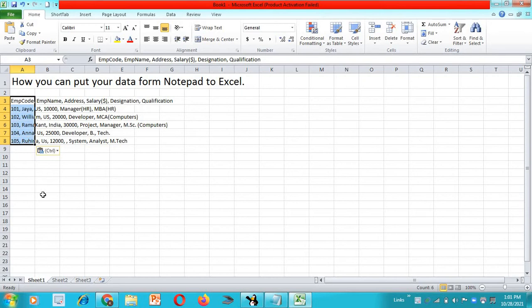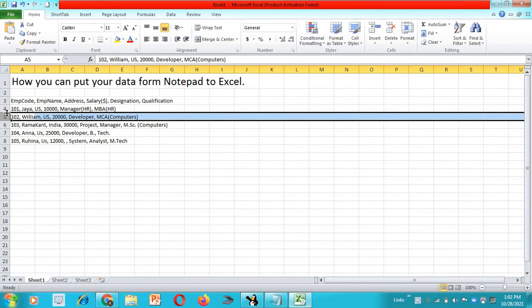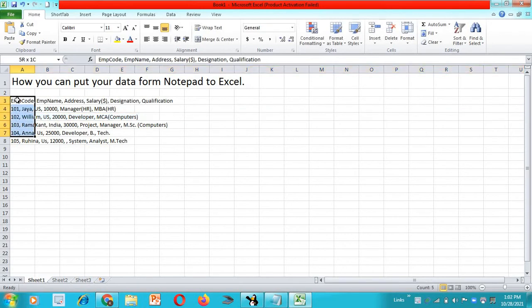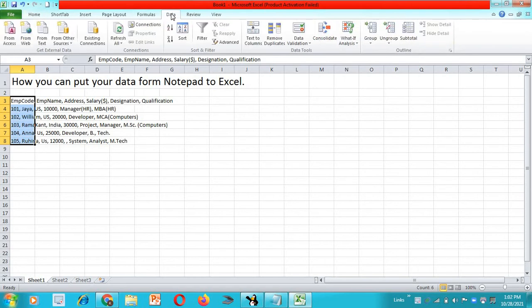We don't want this type of data. We don't want all the separators and all the spaces that were in our original file. So how can we do that? The data is not in format, and we have separators, commas everywhere. We want to paste this data in different columns. So for this what you need to do is select the first column of the data and go to Data.